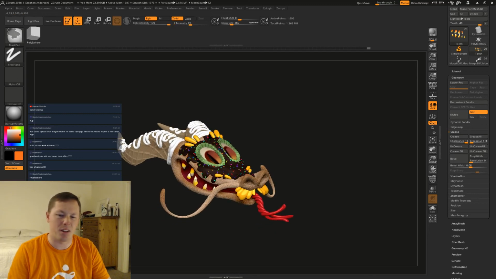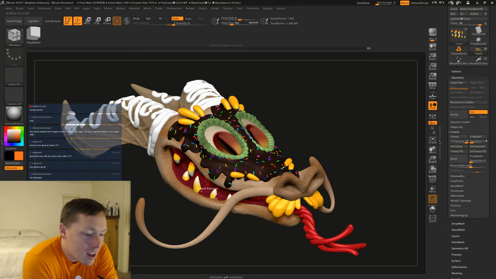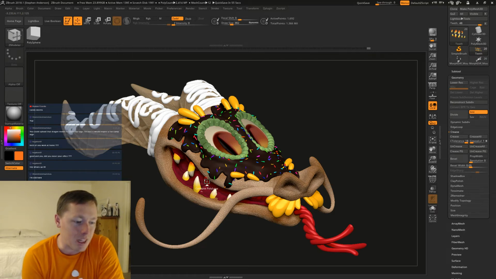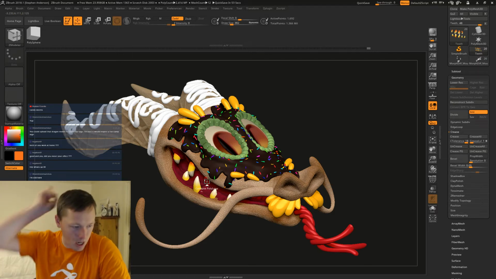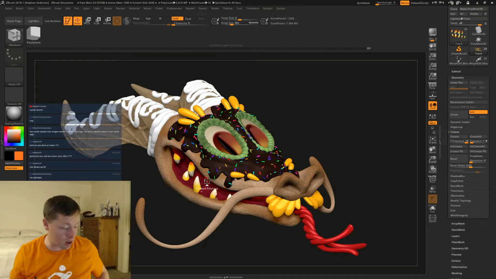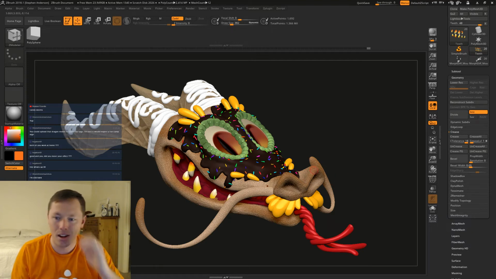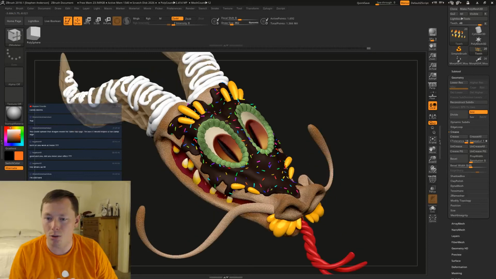I think I liked it better without the candy corn teeth. Candy worms. Mokarov, are you talking about, with the candy worms, having those kind of going along the back? Because that could be kind of cool.